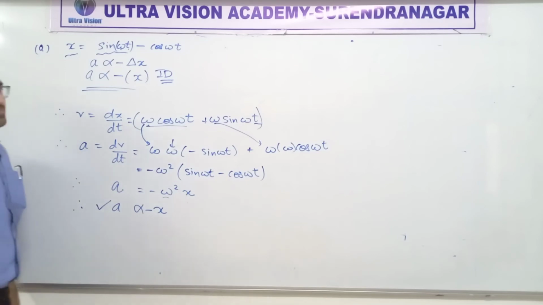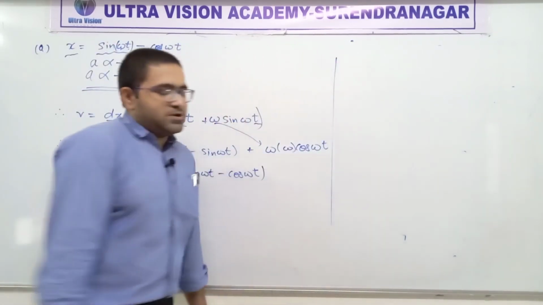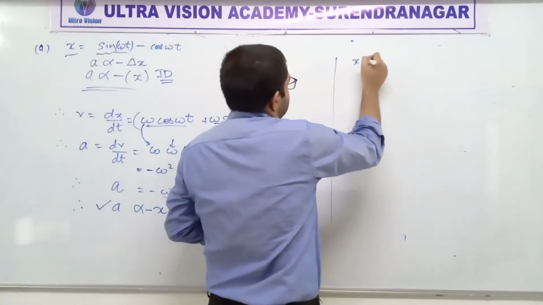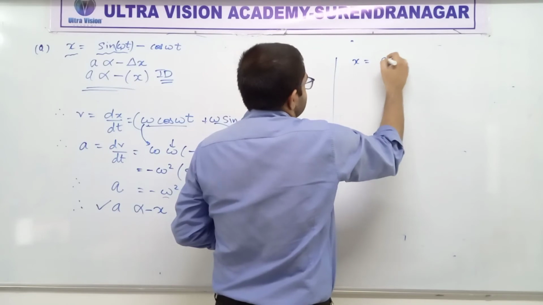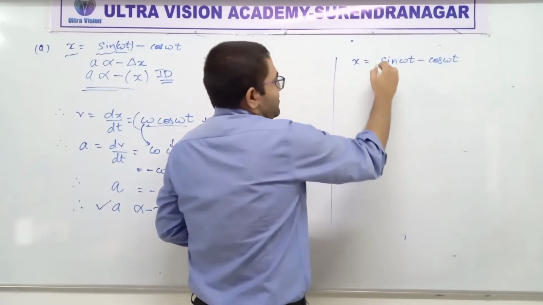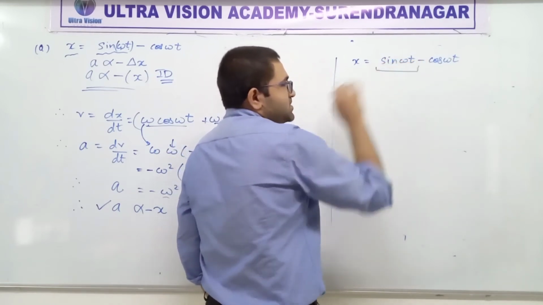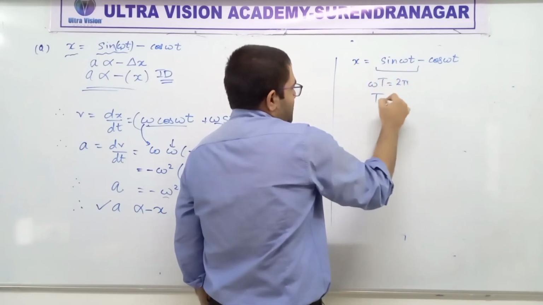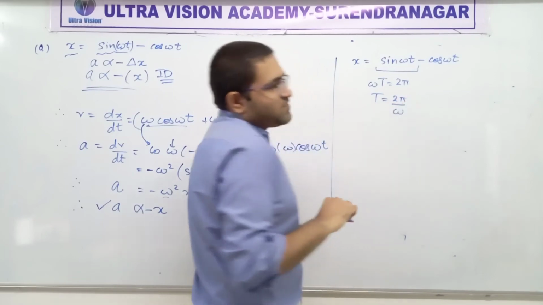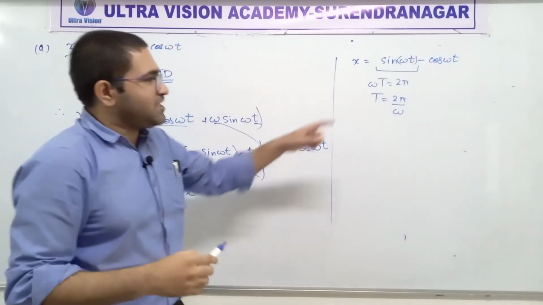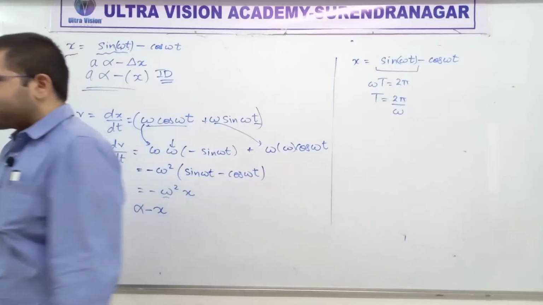Now what about time period? If you remember, earlier we have solved a couple of questions like this about time period. So let's go to that part once again. Focus here. If you look at the first term, its time period will be given by omega t equal to 2 pi, so T equals 2 pi by omega. Same logic as we have used earlier, that whenever we see sine and omega t, it will repeat itself when the angle changes by 2 pi. Is that clear?